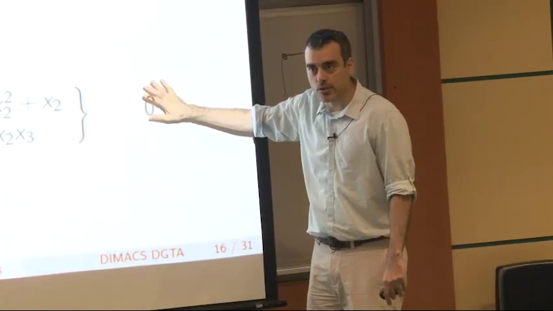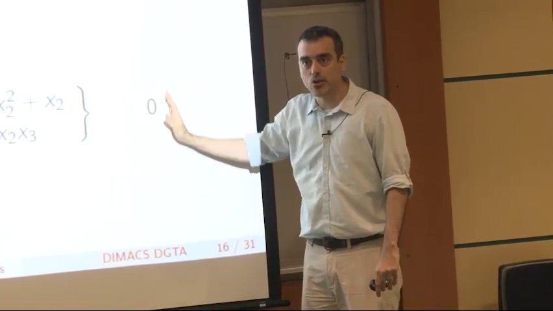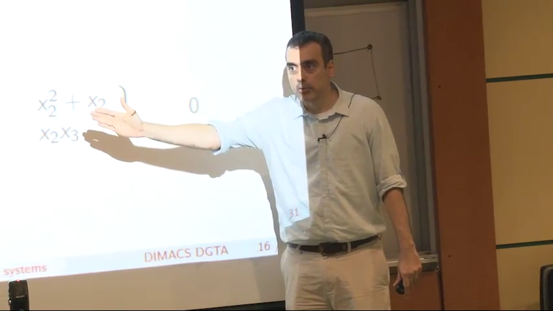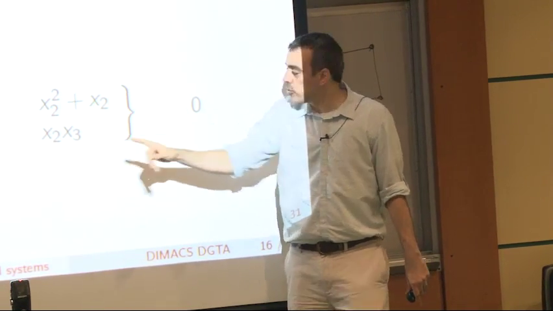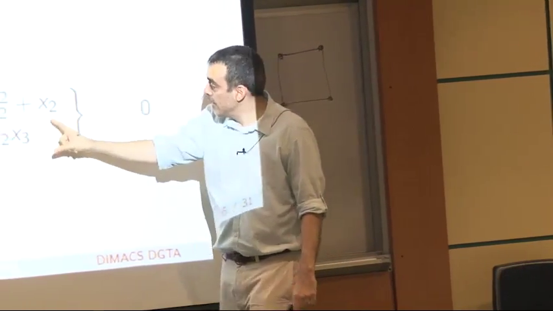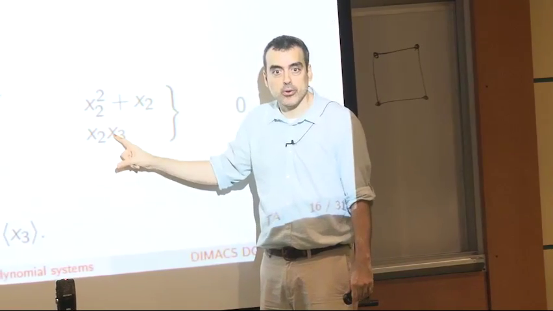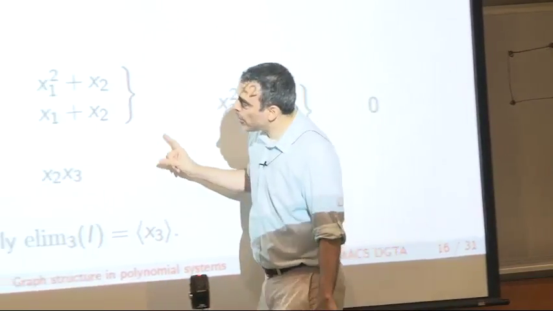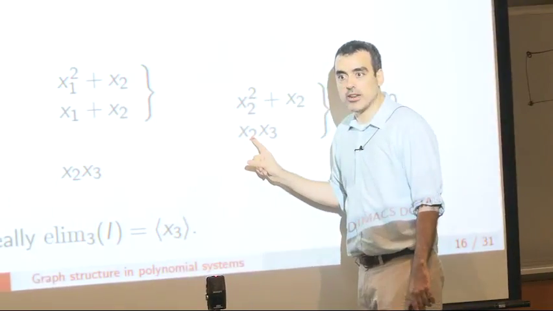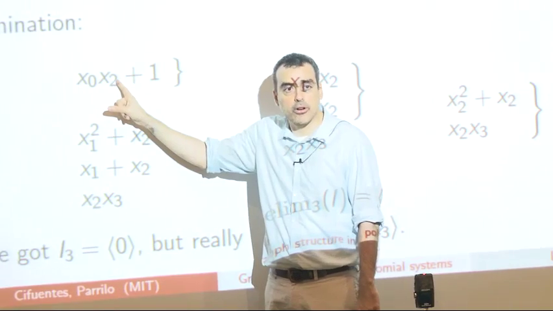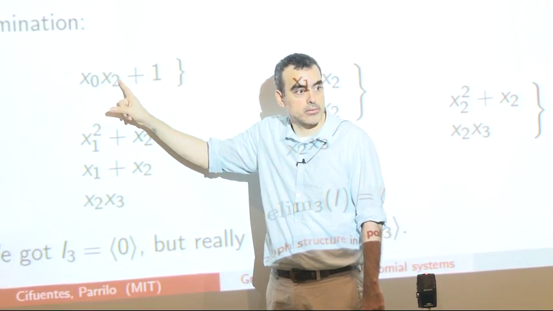I mean, the problem is not the 0. 0 is fine. This would mean that the value of x3 is arbitrary. But the problem in here is that this will give you the wrong solutions. So this should tell you that you can pick x3 arbitrarily, which is fine. This will tell you that you have to pick x2 equal to 0. But the problem then is that if you pick x2 equal to 0, then you're going to be stuck in here, because you cannot solve for x0.